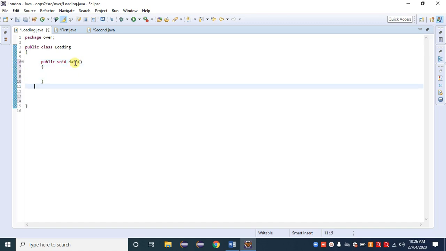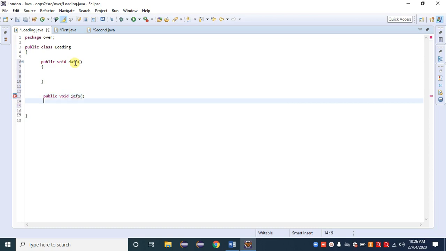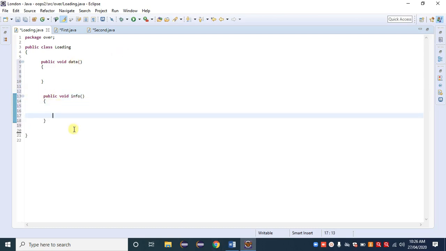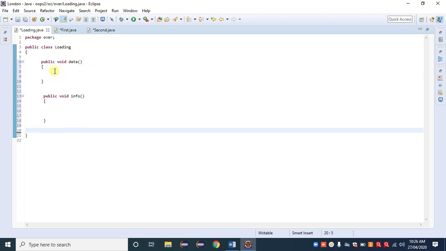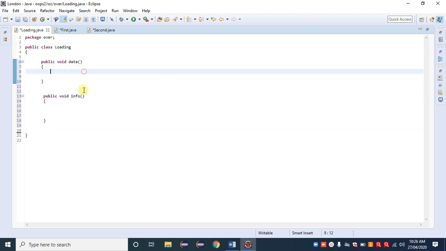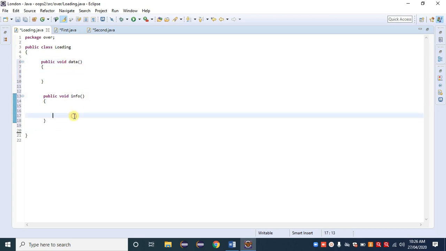And again I need another method, so I am creating another method here: public void info method name. Suppose we have two methods with us. First method name is data and second method name is info.